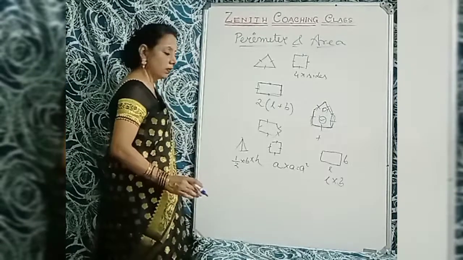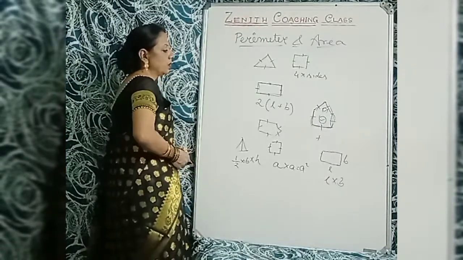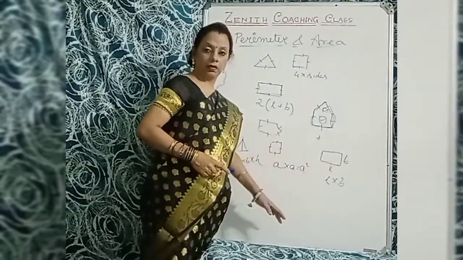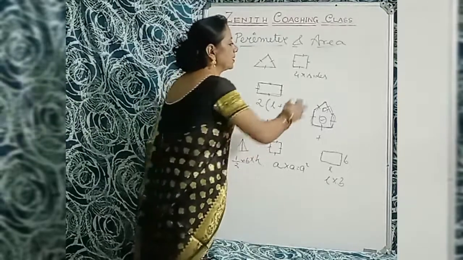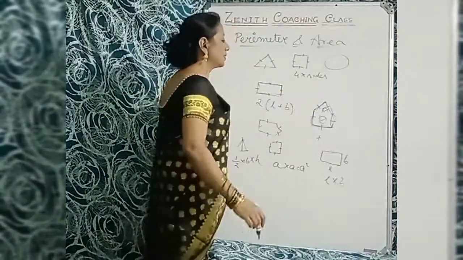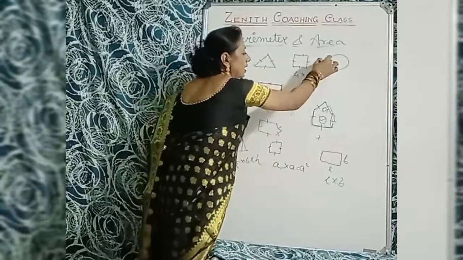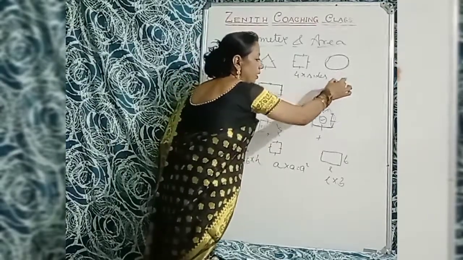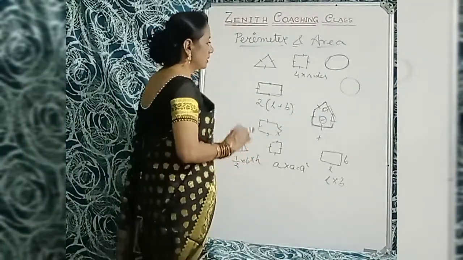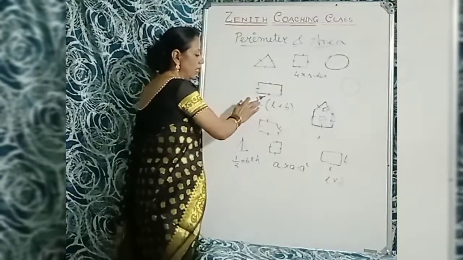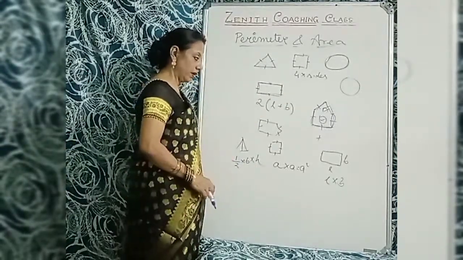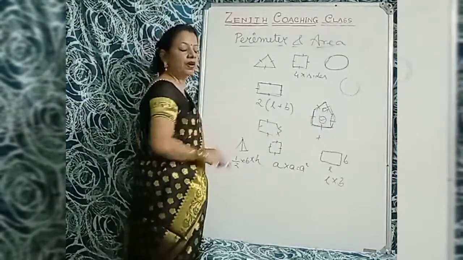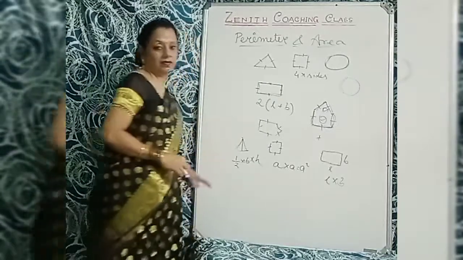Okay, in just this class, I will teach you the area of these polygons, that is triangle, square and rectangle. Then I will teach you the perimeter of the circle, which is called circumference. In the case of a circle, it is called circumference, not perimeter. Okay, so perimeter of the circle and area of the circle are different. But in this class I will teach you the perimeter and area of the triangle, square and rectangle. So let's observe the figures and I'll give you the first sum. Okay, please observe the figures.